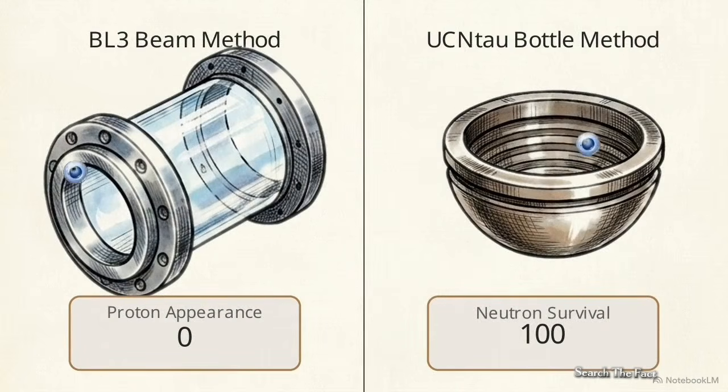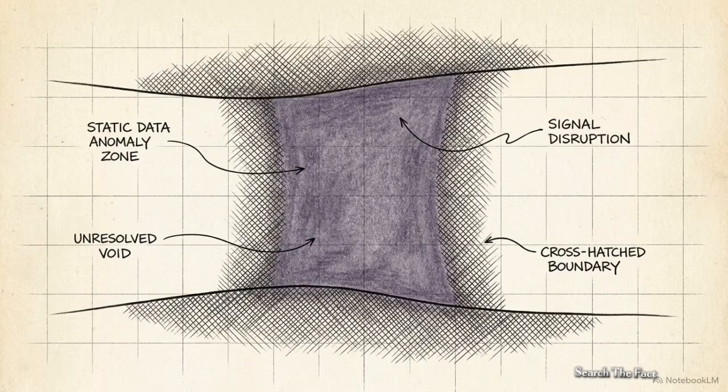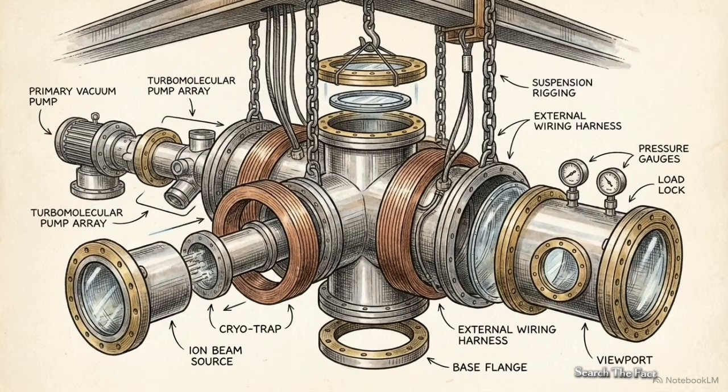Left, in the BL3 beam, a neutron vanishes into dark matter. With no proton, the counter stays at 0. Right, in the UCN tau bottle, the same neutron vanishes. The survival counter correctly ticks down by 1, accurately logging it. This 10-second data gap matches the exact architectural blind spot expected if 1% of neutrons are quietly leaking into the dark sector. The strict magnetogravitational trapping principles perfected in UCN tau are now being scaled to hunt for other theoretical variables,